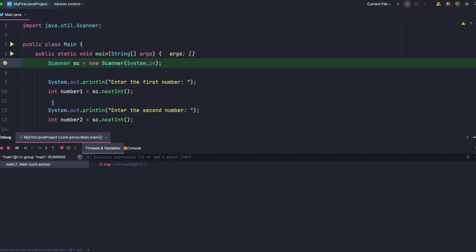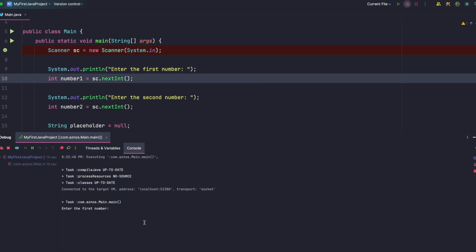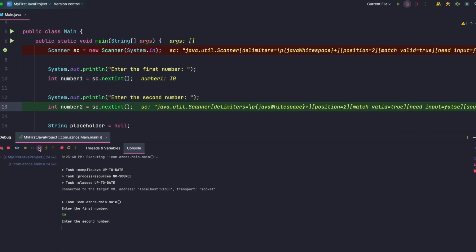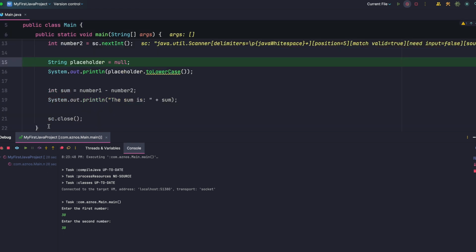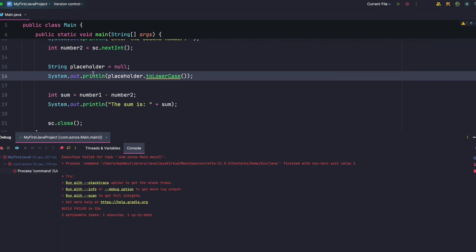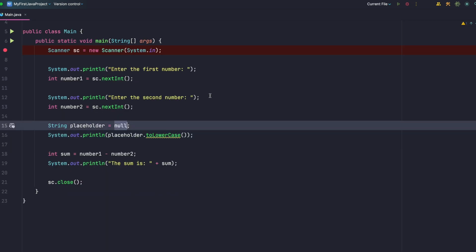So, alright, we're defining the scanner. Let's step. So let me enter the first number. I'll do 30. Alright, let's keep stepping. Let's enter our second number of 30, because why not? Let's step. Alright, the placeholder is null. Yep. So that's where our issue is, because that's where it's giving us the error. So let's make the placeholder, maybe I'm going to add the two together. And now if we remove the breakpoint and run it,